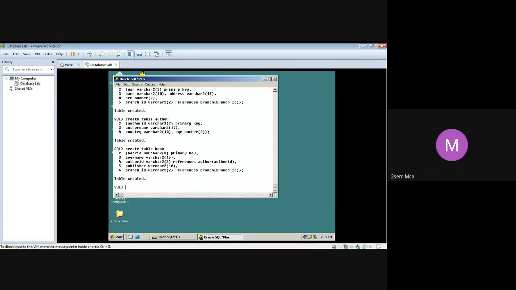It is showing the name is already used by an existing object. Same, ma'am. Which name? It is saying a name is already used by an existing object. Have you already created and tried with the student or this book table?